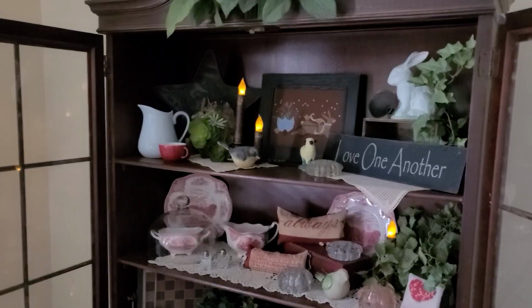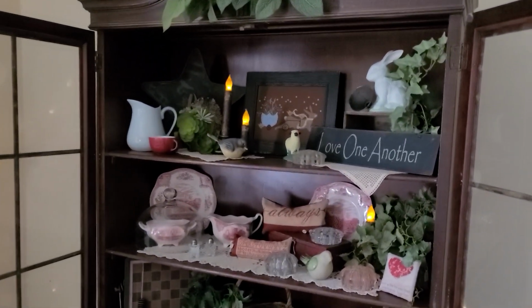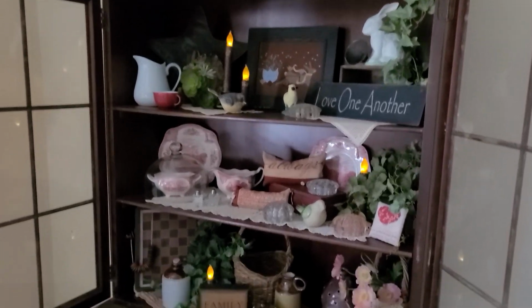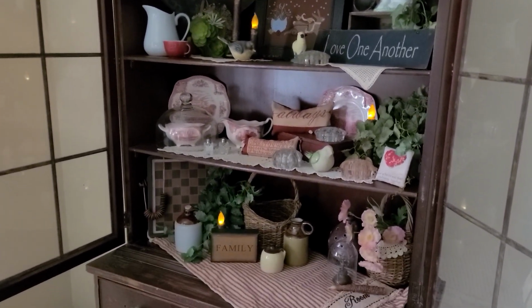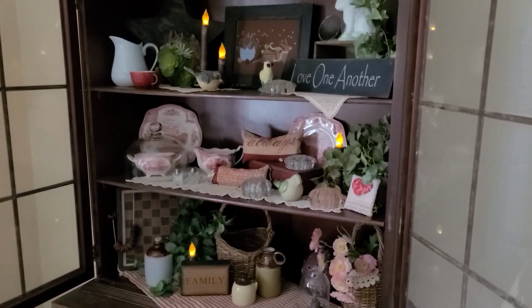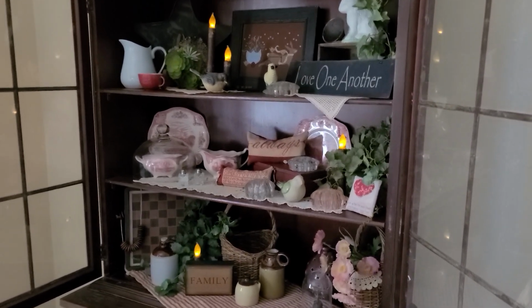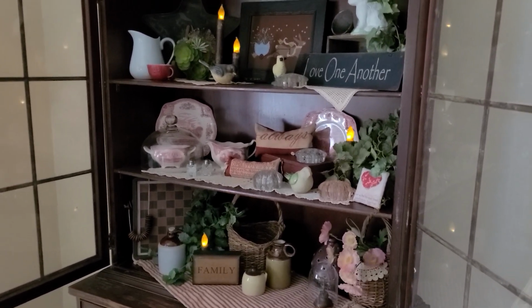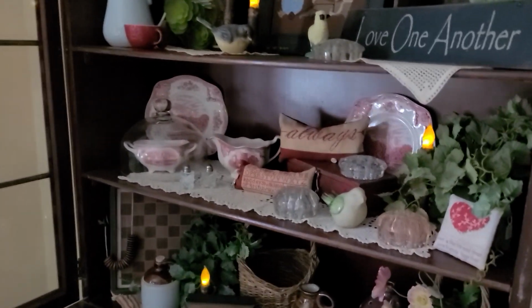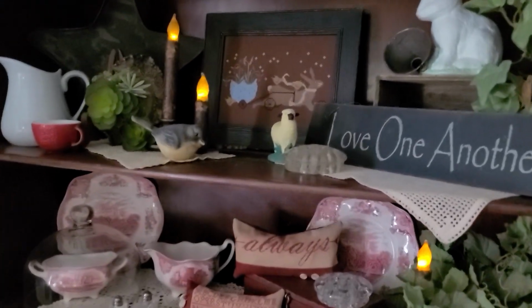Okay, and so I thought today I would do my video right in front of my hutch. And like I said in the video last time, I was needing some motivation to get moving on changing my display in here. It still had some Christmas stuff. Well, then my dear friend Chastity sent me some stuff, actually a huge box of things. And so I had so much fun putting a lot of them in use in